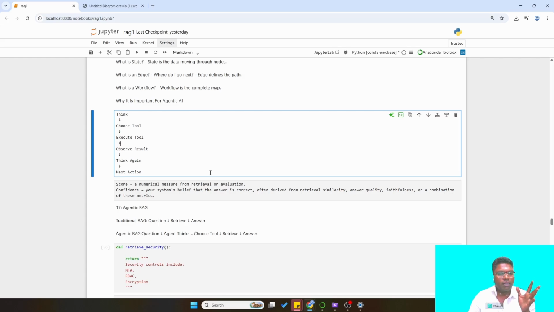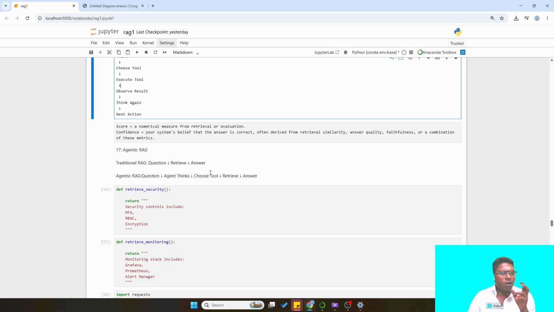Score is nothing but the numerical measure from retrieval or evaluation, and confidence is the system's belief that the answer is correct, often derived from retrieval similarity, answer quality, faithfulness, or a combination of these metrics. So the score and confidence is much needed in terms of metrics from LangGraph and LangChain, and for the autonomous